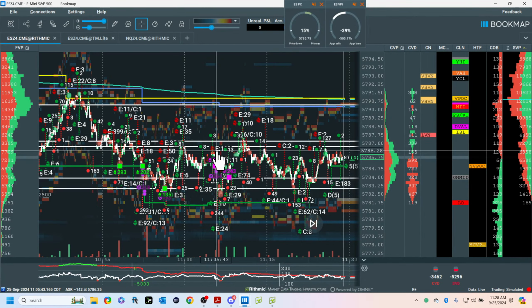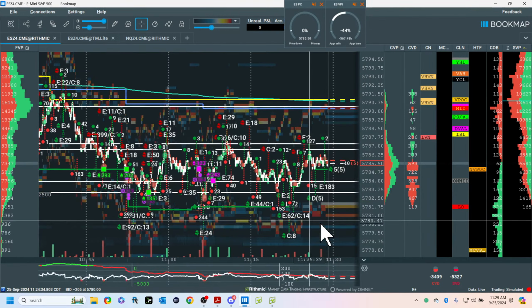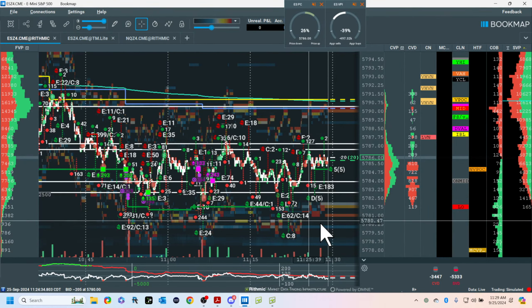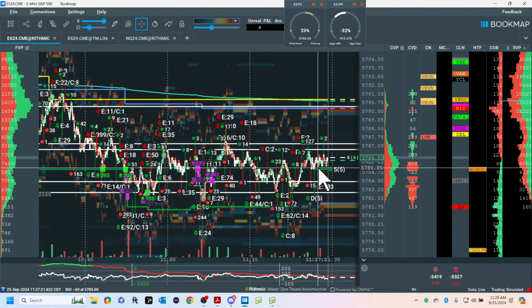Auction market theory and using a volume profile as a chassis, that's what I think of this as. It just shows me where the buyers and sellers participate. It's not a complicated thing. It looks like you landed on Mars, but it's really not a complicated concept. If you go shopping, you go to the store, this is shopping. This is what trading is really, being a good shopper.